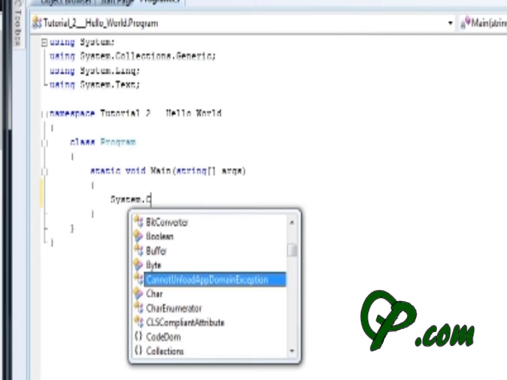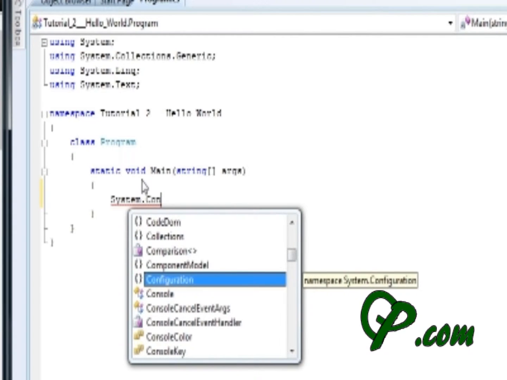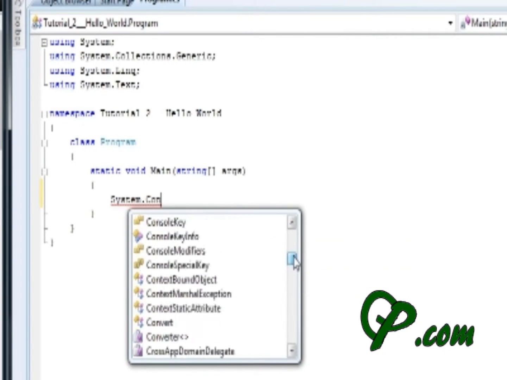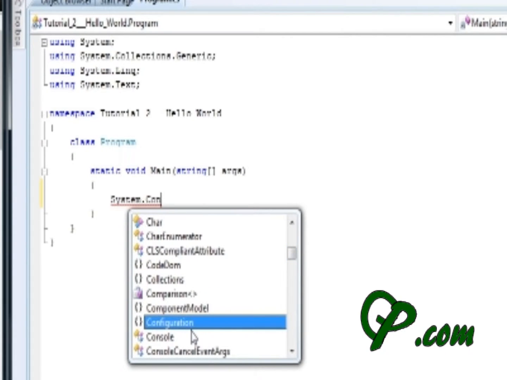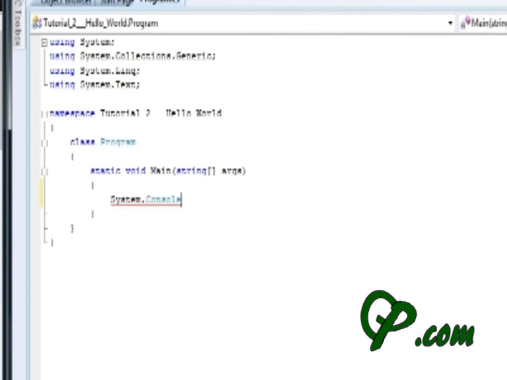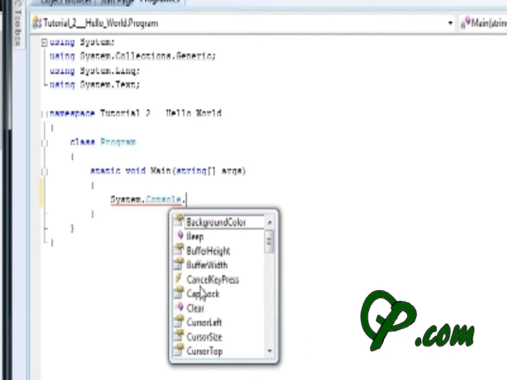Okay, so now let's type in system.console, and you should be getting pop-ups that help show you different things that you can be doing, different objects, different functions, different things that you can click on and use. Okay, system.console dot